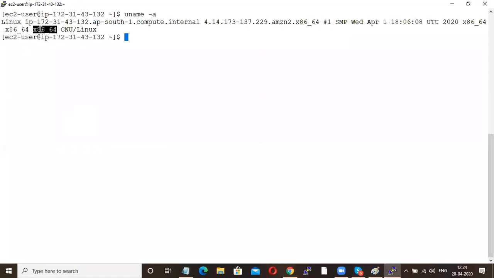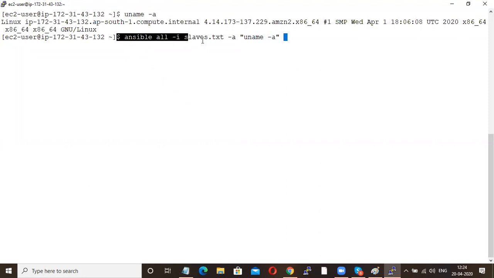Now the same information I need to get for my slaves machine as well. Then how can I do it? ansible all -i slaves.txt -a "uname -a".